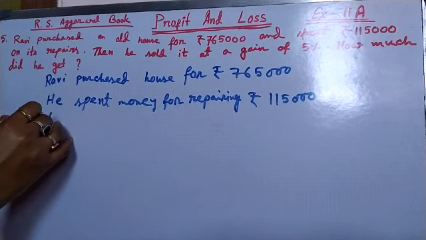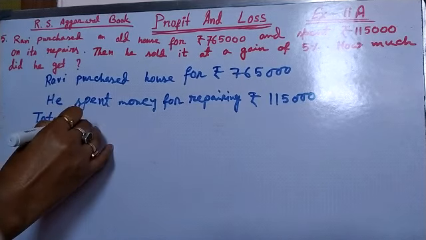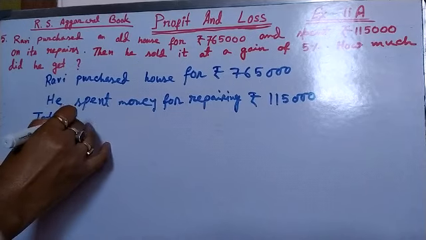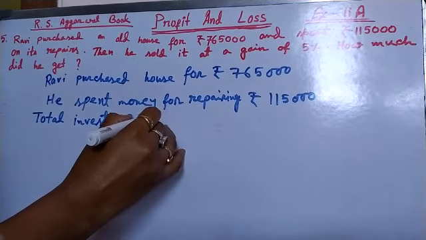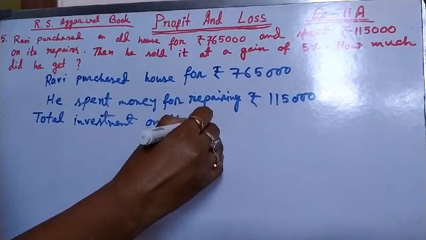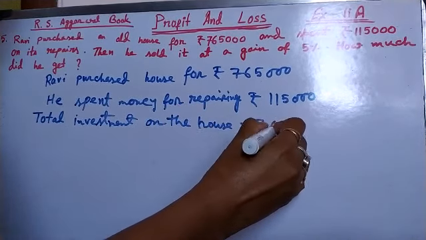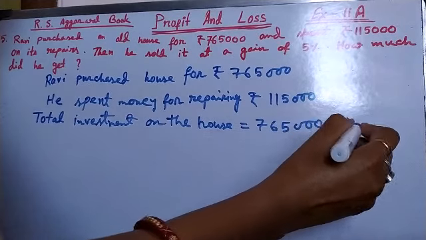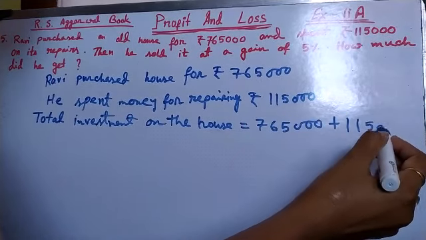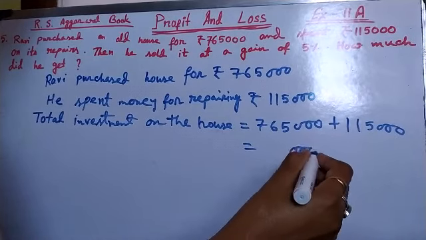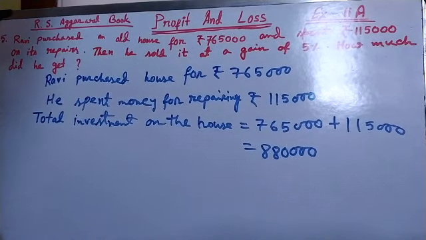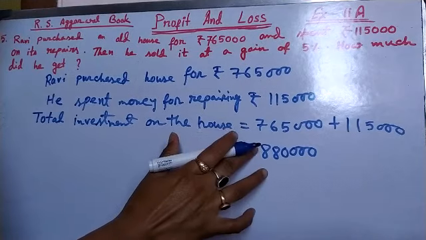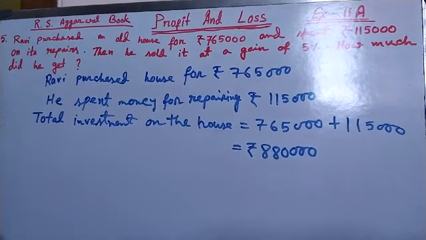So total expenditure, total investment on the house, is equal to 7,65,000 plus 1,15,000, which is 8,80,000 rupees. That is the total investment. That means that will act here